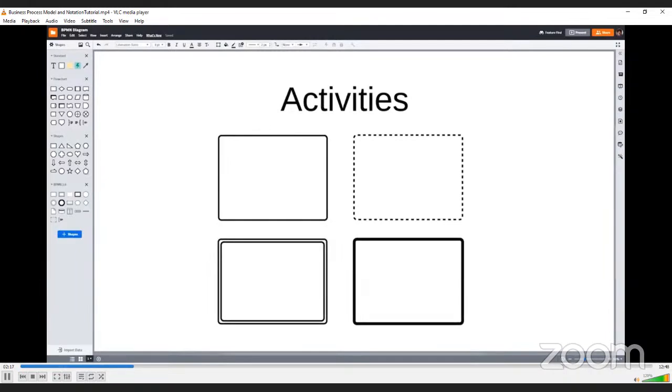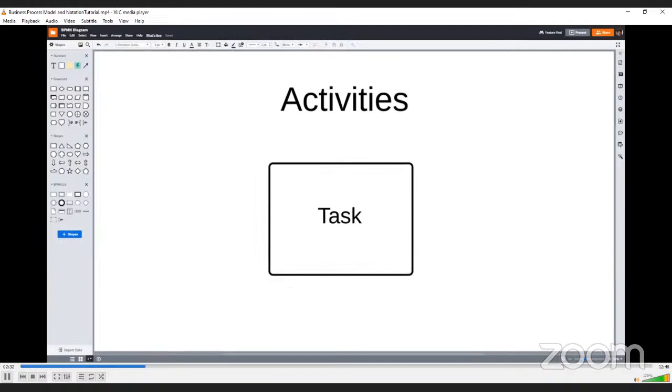They represent specific tasks performed by a person or system, and they're shown by a rectangle with rounded corners. There are 4 main types of activities: task, subprocess, transaction, and call. For the sake of simplicity, we'll only focus on tasks in this tutorial. A task is a single action that occurs in a business process, like mailing a letter or editing a draft